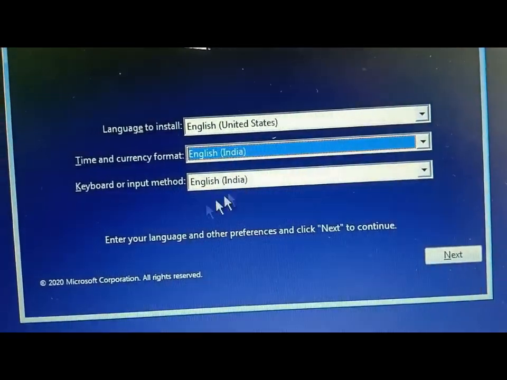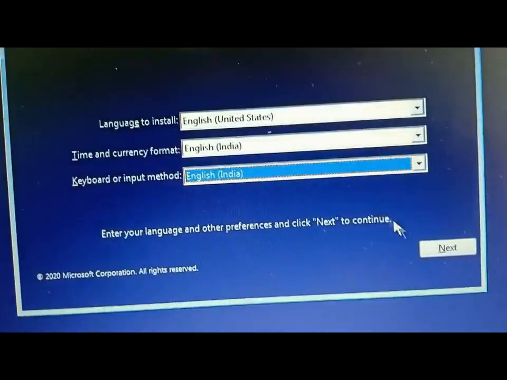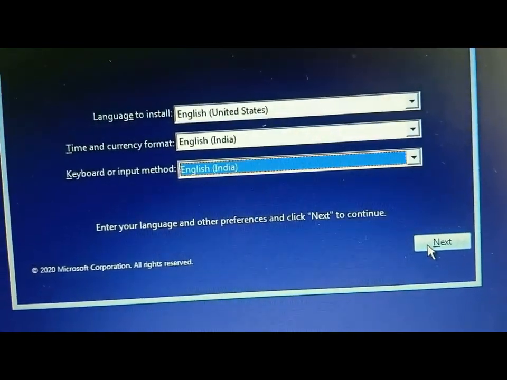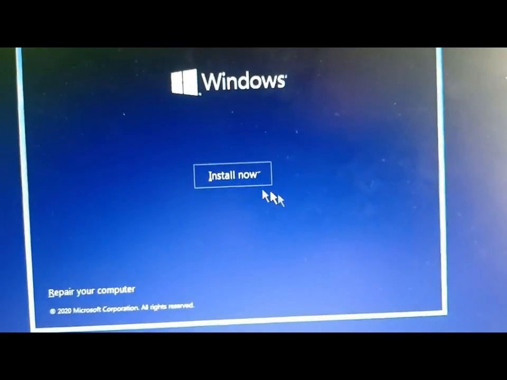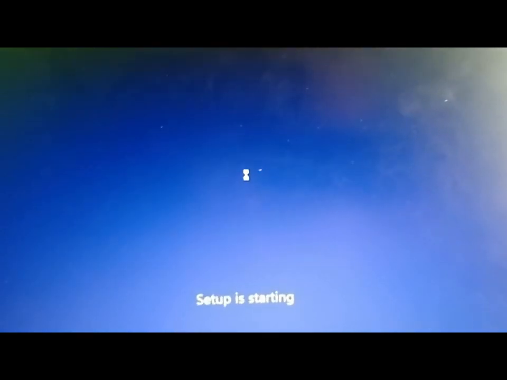See, India. And keyboard layout you should also select India only. After that you can click on next, and then Install now.